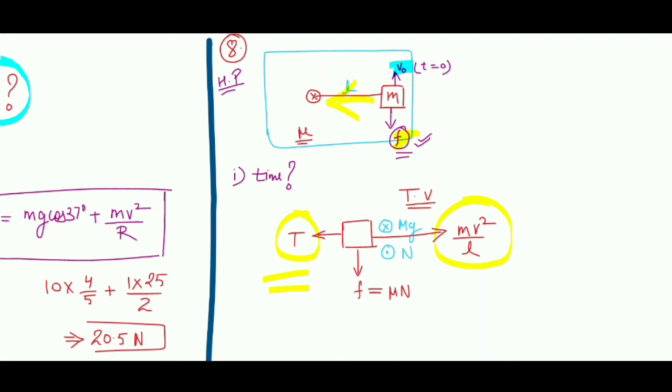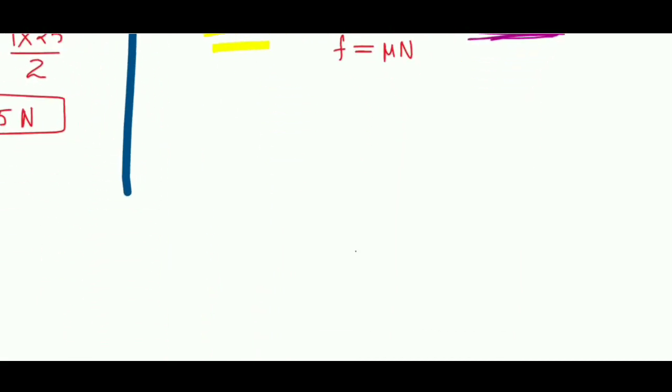Try to understand. Now circular motion is not happening. Now what is happening over here is, this tension over here and this mv square by l, these both are balanced now. So circular motion is out of the picture. Now what we have is, we have a block